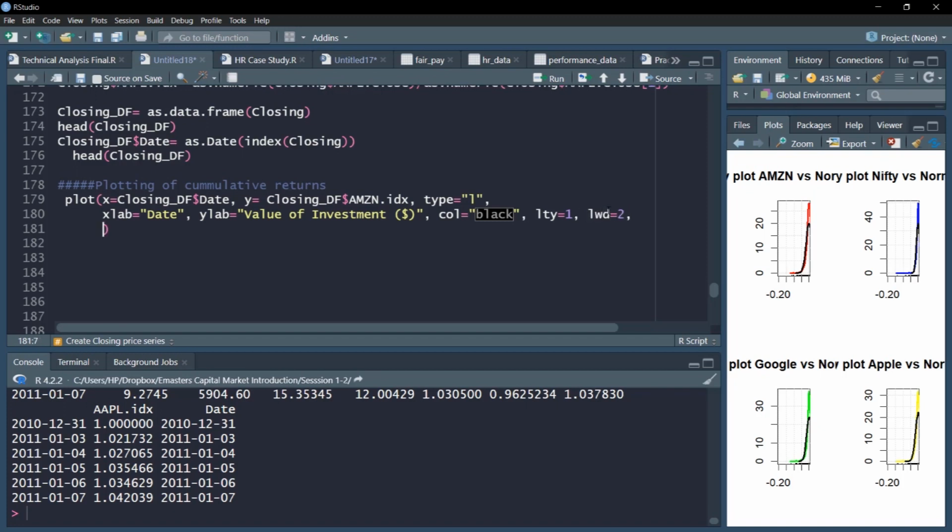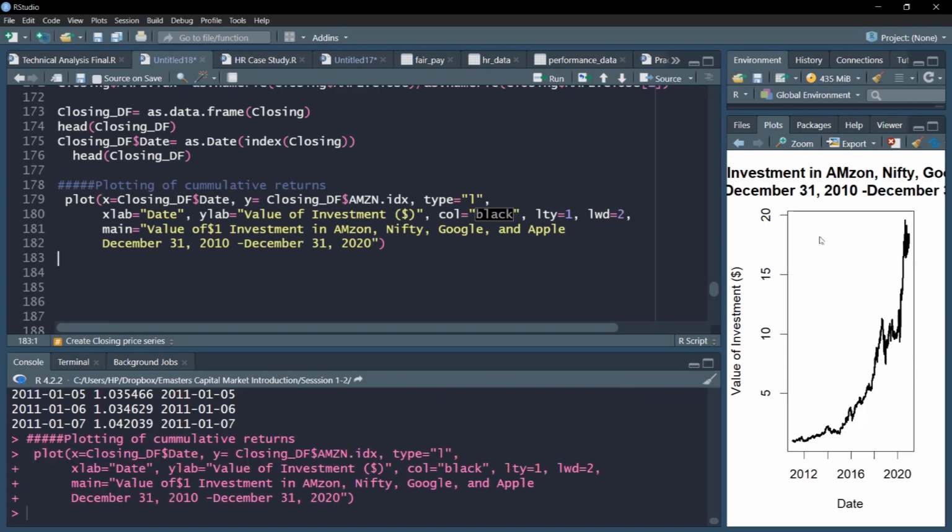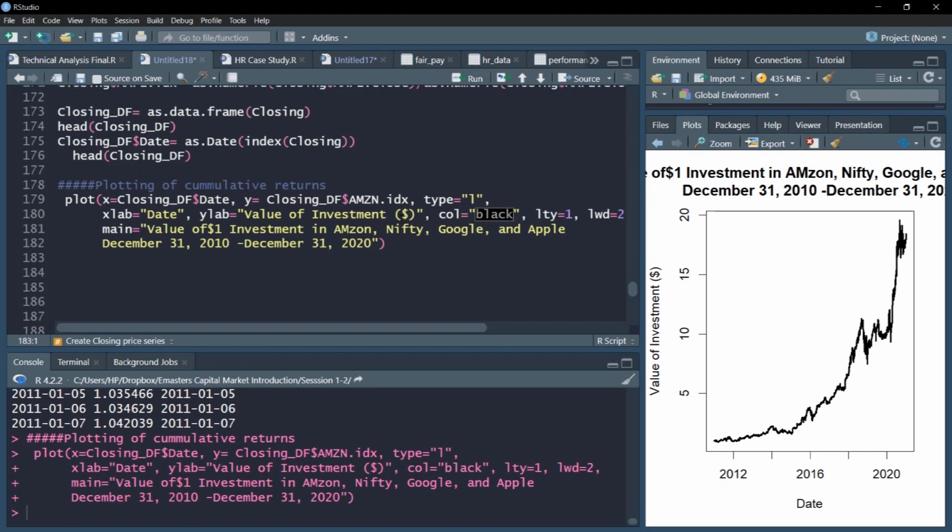Now let us add the central heading main, which is value of $1 investment in Amazon, Nifty, Google and Apple from December 31st 2010 to December 31st 2020. So this is our heading. Let's see. Yep, the plot is there. We'll come back to the plot, but